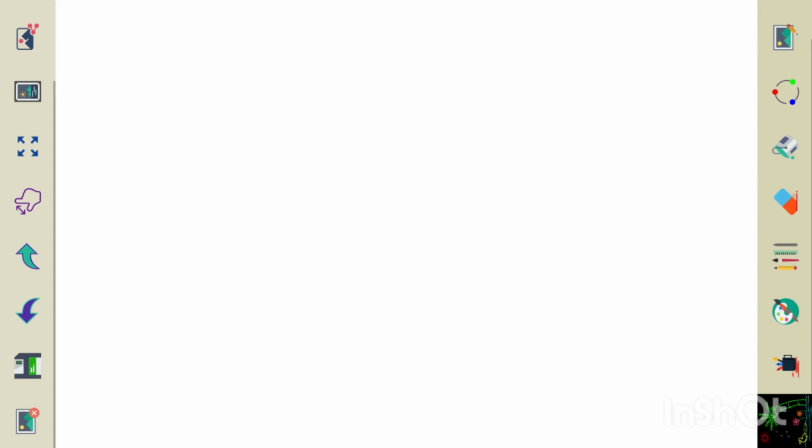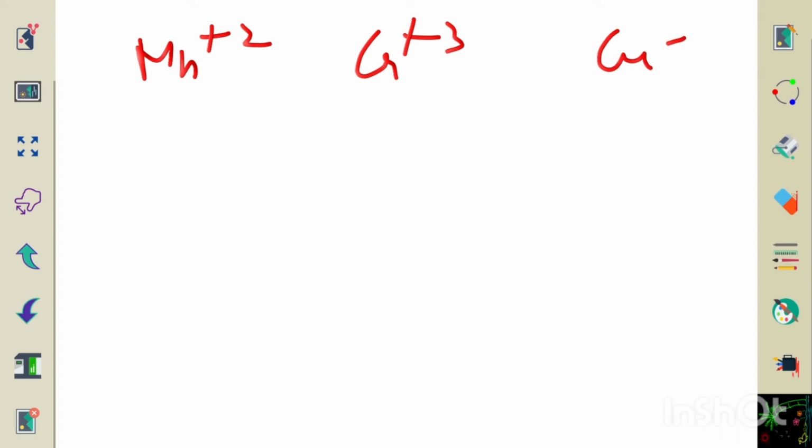So it was given: write out the electronic term symbol for the given ions. The ions given were manganese plus 2, chromium plus 3 and copper plus 2. If we want to calculate individually, you can easily calculate it, but using a trick you can find it very easily. So for manganese plus 2, you should first know the Z value for the manganese atom,